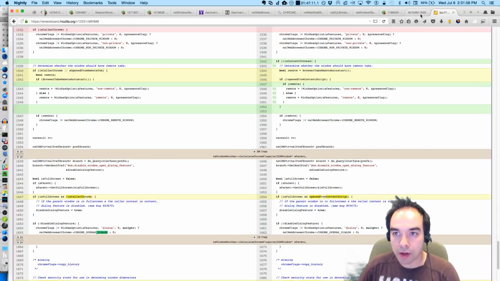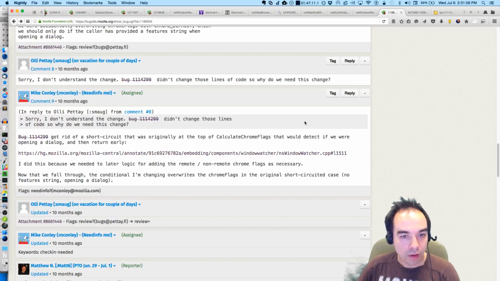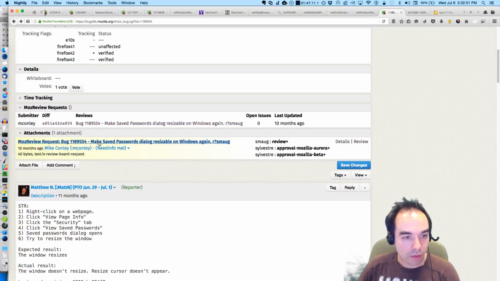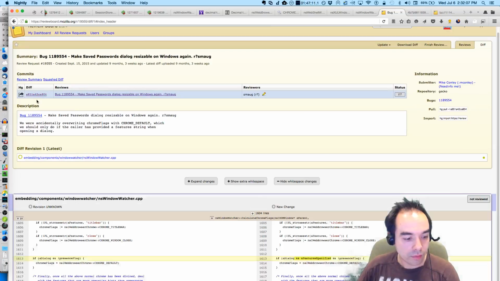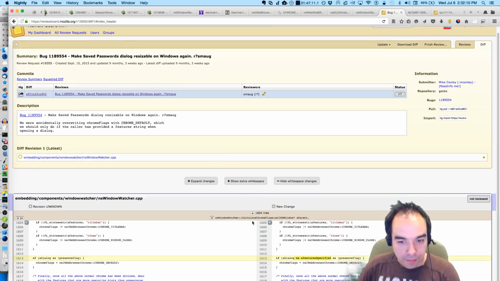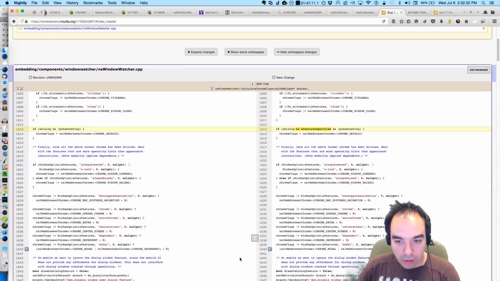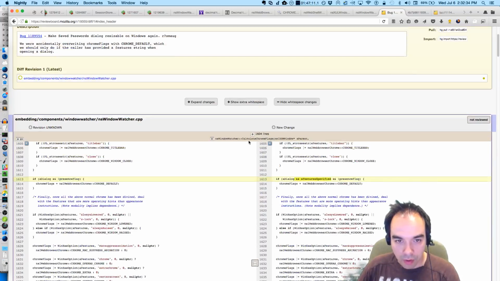And that opened this bug. And so I wrote this. Accidentally overriding Chrome flags with Chrome default, which should only happen if the callers provide a feature string when opening a dialog. What?